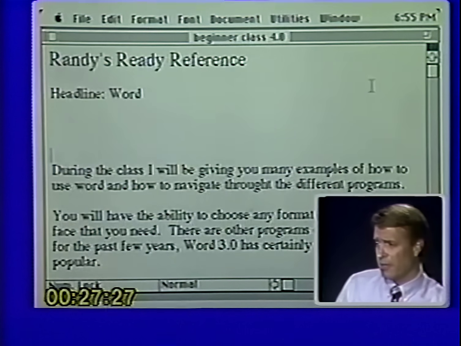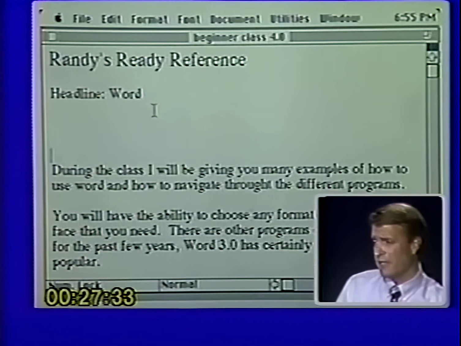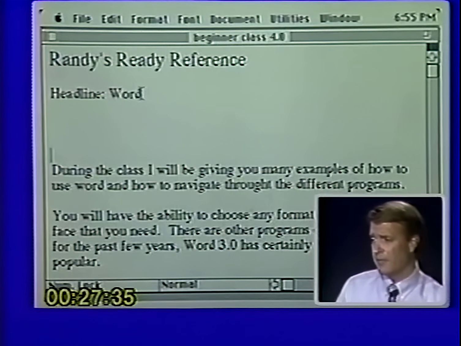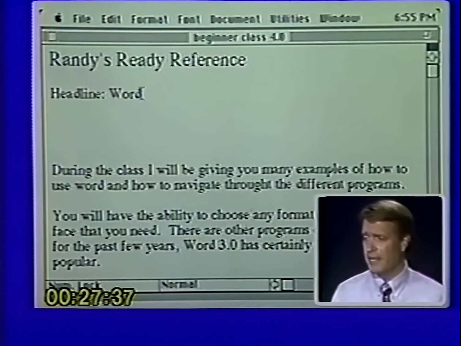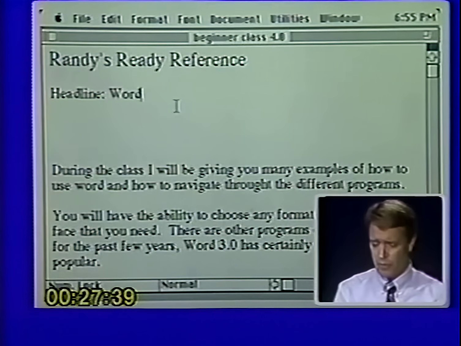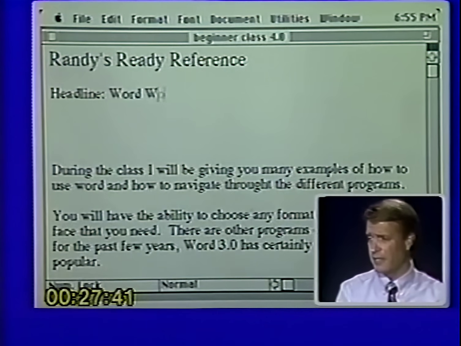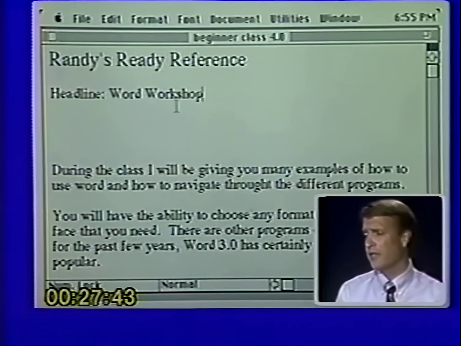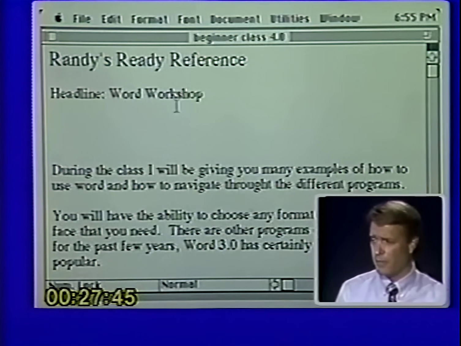Now the next thing that you're going to want to do is inserting. Now what that means is I want to put copy into my document, or I want to type some copy. And again, it is extremely easy. It is simply click and type. So right now if I want to put the word workshop into my document, I simply click where I want it to go, and type it in. Now of course the nice thing about word processing is that I could type in 29 pages at this point, and it would just keep scrolling my document down and adding all the copy.